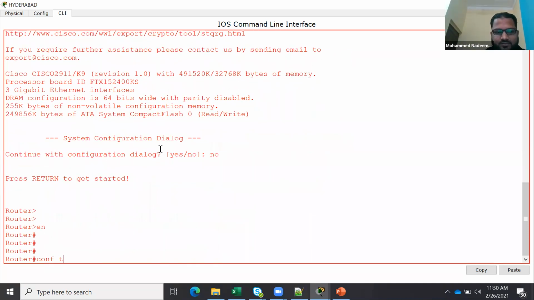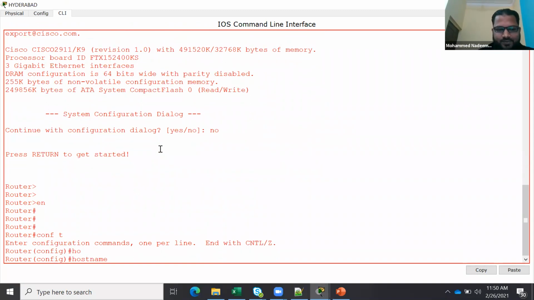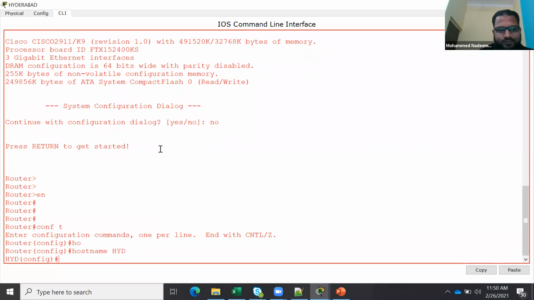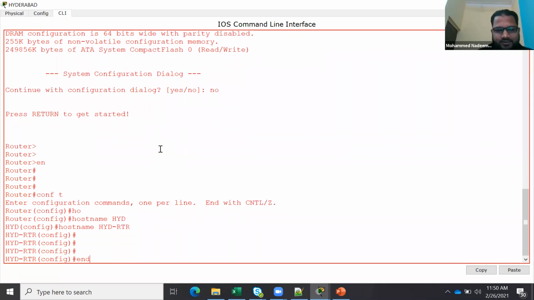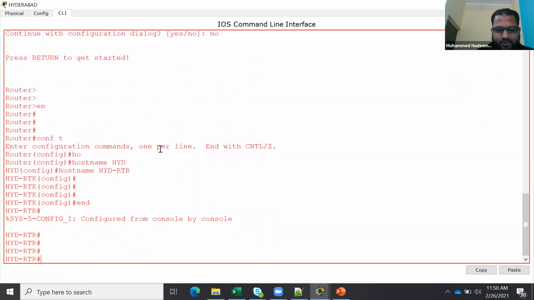First, give the host name, let's say HYD RTR, Hyderabad router. Okay, done.